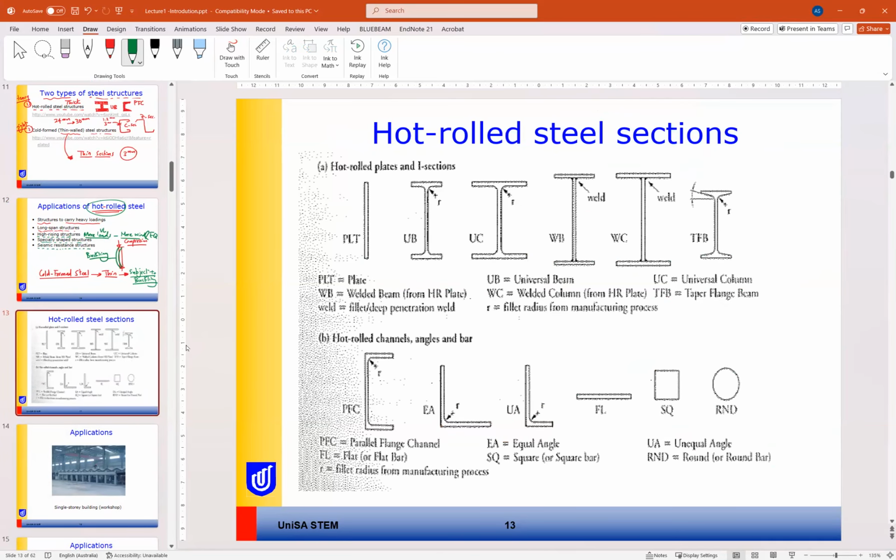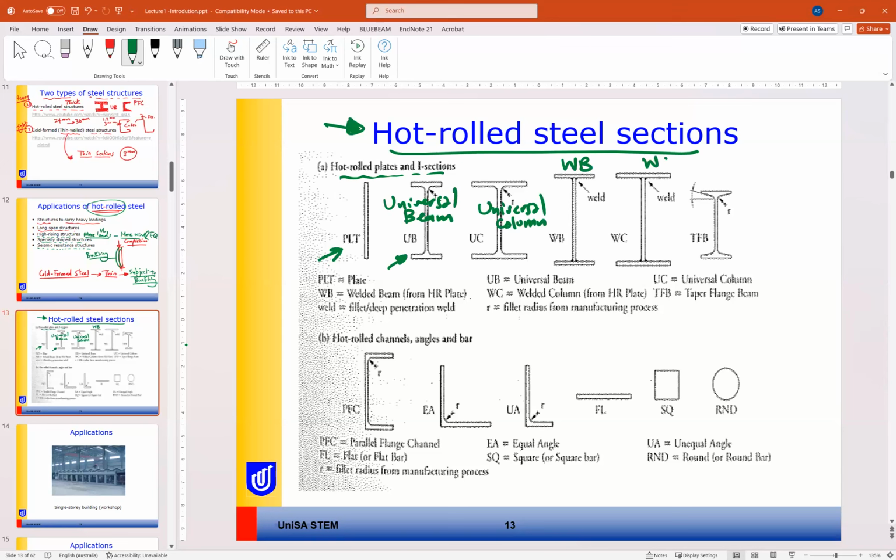So let's have a look at the available hot rolled steel sections in the market. So hot rolled steel, we have plate and we have UB section, UB universal beam, and UC universal column. And we have welded beam